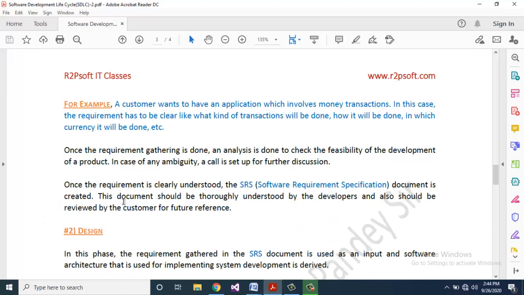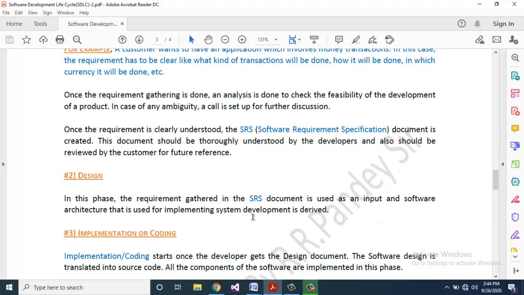Once the requirement is clearly understood, the SRS, Software Requirement Specification, document is created. This document should be thoroughly understood by the developers and also should be reviewed by the customer for future reference.